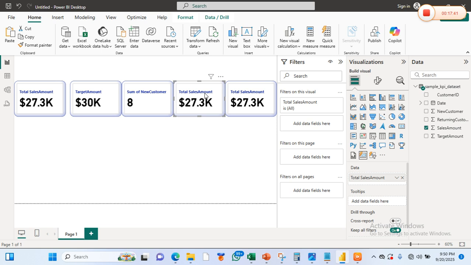So this is the most interesting part of this session, right? So we want to look at the sales rate, the sales achievement rate. So we are going to be doing a DAX function, right? So to create a DAX function, we either create a measure or a column.